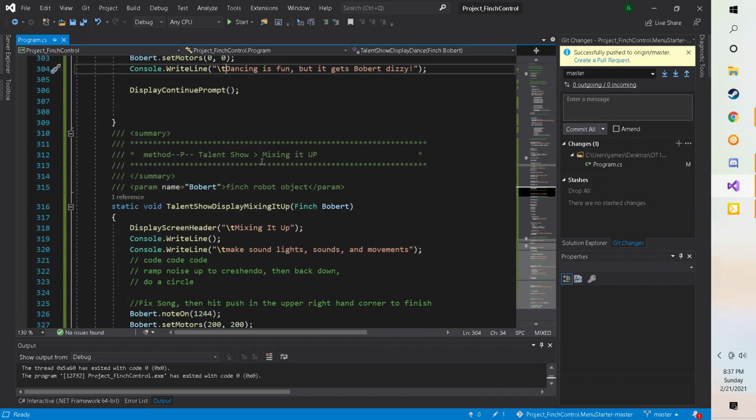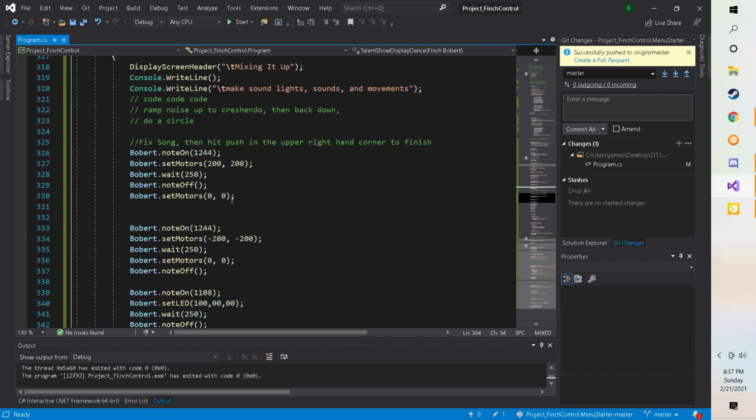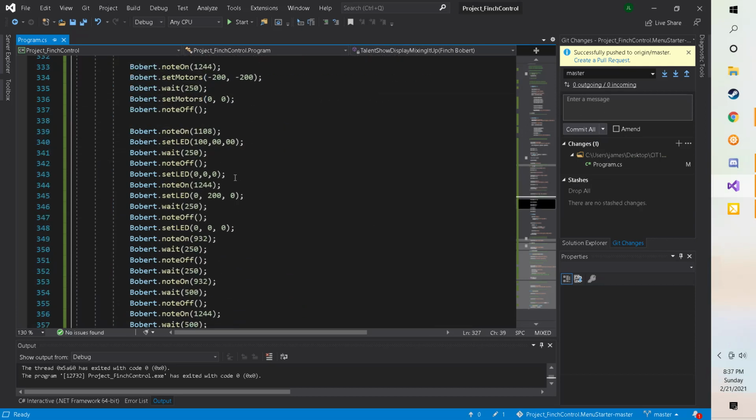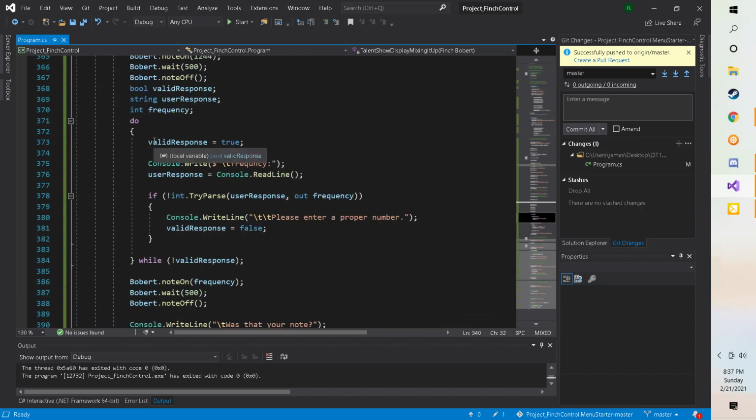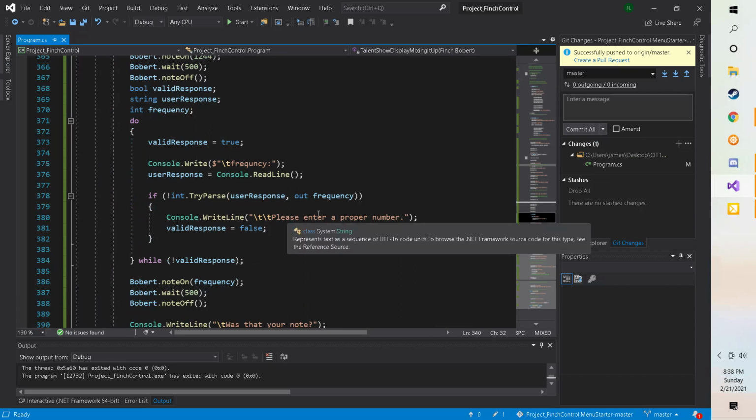And the last one is mixing it up. Mixing it up, I had the robot play Funky Town, so I had it use note, motor, and note light combinations to play through the song. After that, I have a do while loop for the user frequency. Again, we demonstrated that that works with positive values. It proved that